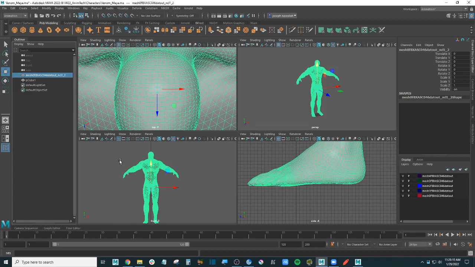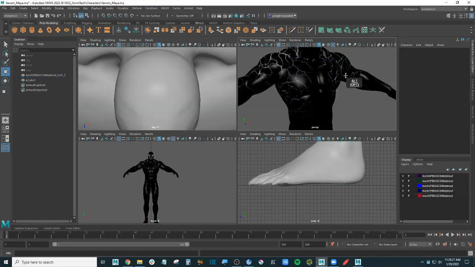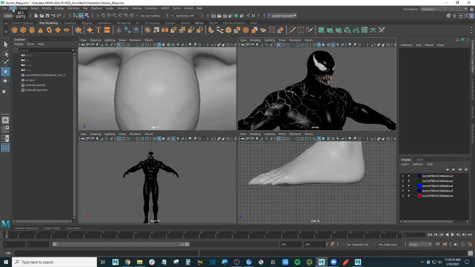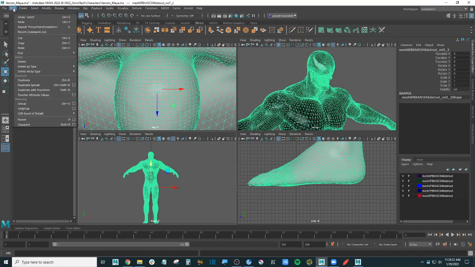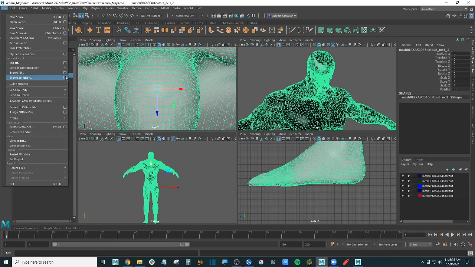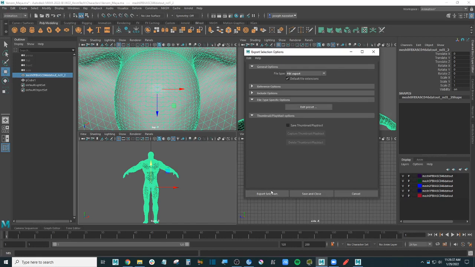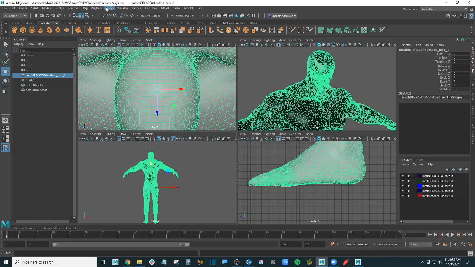So how do we do this? We need to export it as an FBX. So you select the mesh. We go File, Export Selection. Choose a file type. If you don't have the FBX, you will need to check if it's loaded in the plugins. It should be loaded, but just in case,